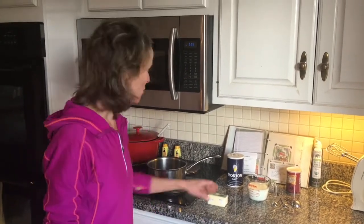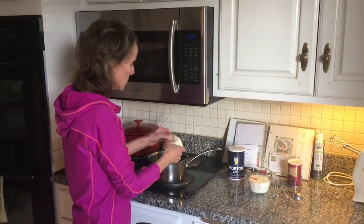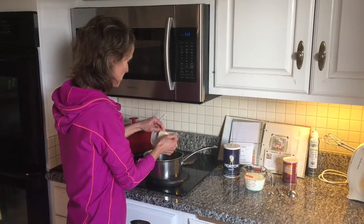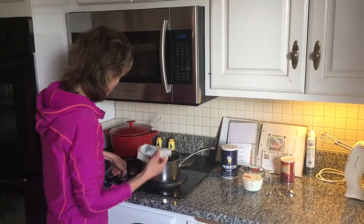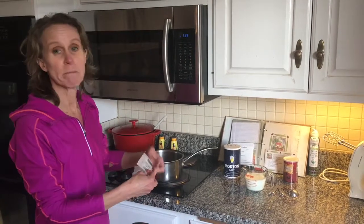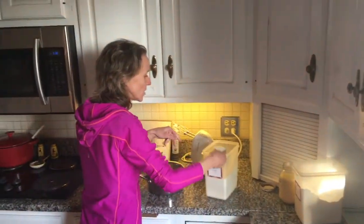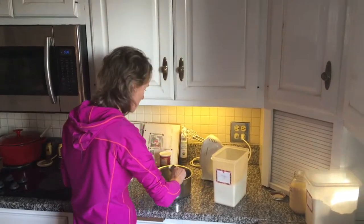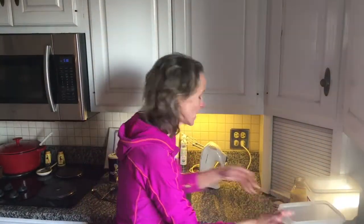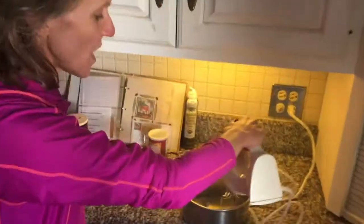Perfect. Okay, the first thing we're gonna do is take 1 stick of butter, put it in the saucepan, put it on medium heat and melt it. Okay, we melted our butter in our saucepan. Now, we're gonna add our sugar. And you're gonna blend the sugar first with the hot butter, with the melted butter, and then you'll put in